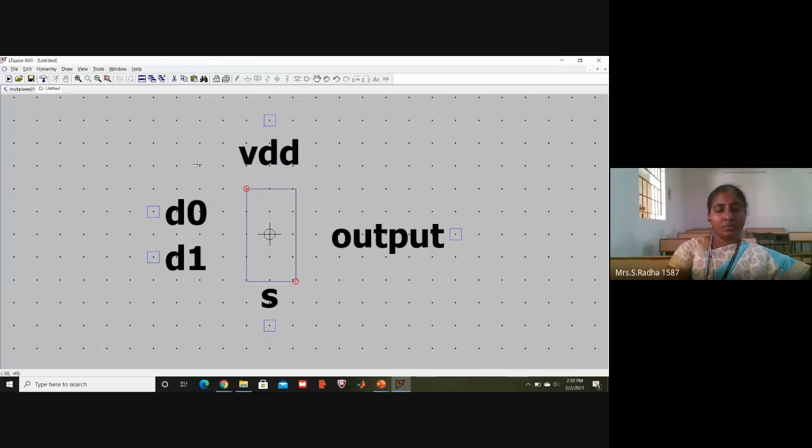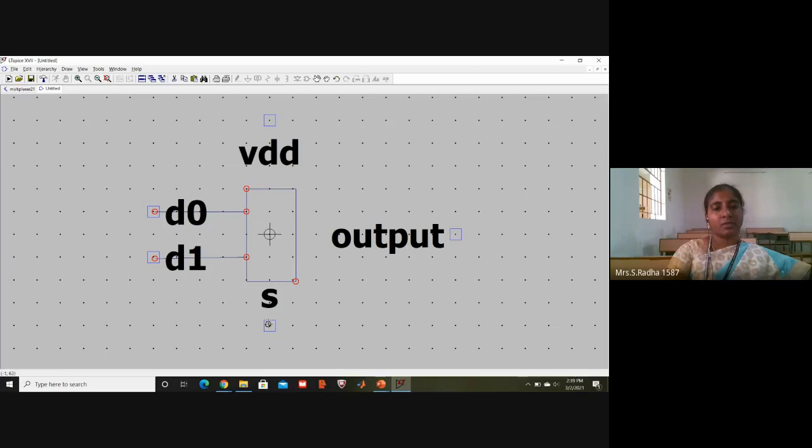Now you can also draw a line like this. The shortcut for line is L. You just take this and use the mouse and give escape. Again press L from the keyboard and connect them. After finishing the ending point, give escape, press L from the keyboard.